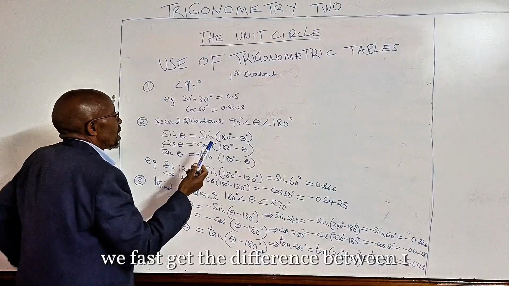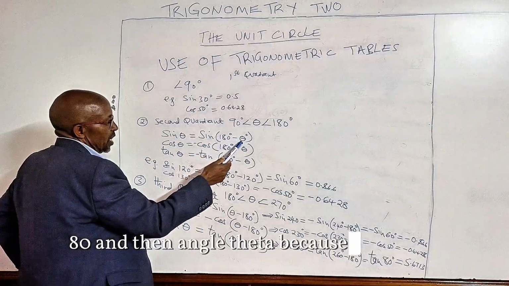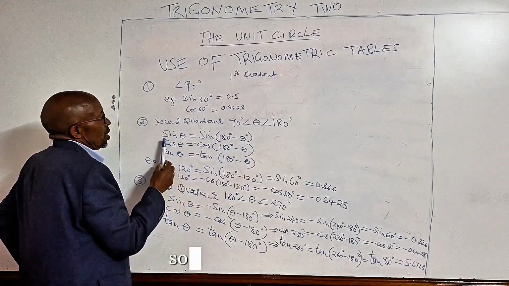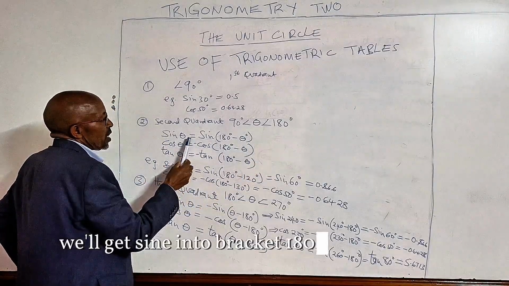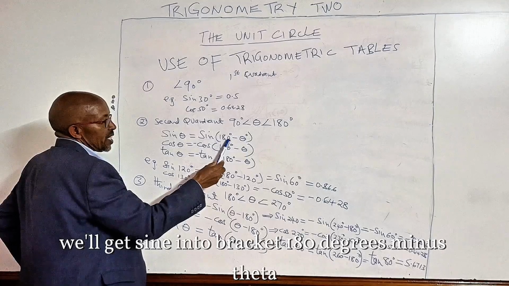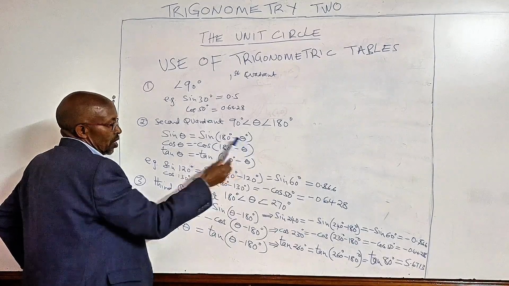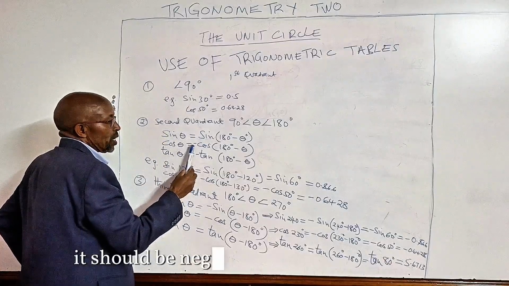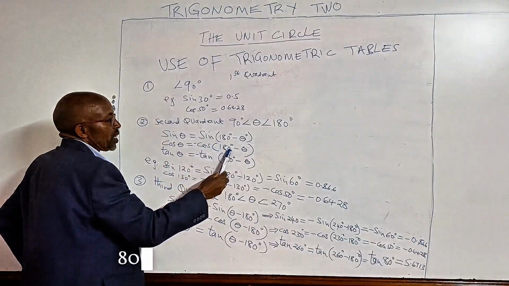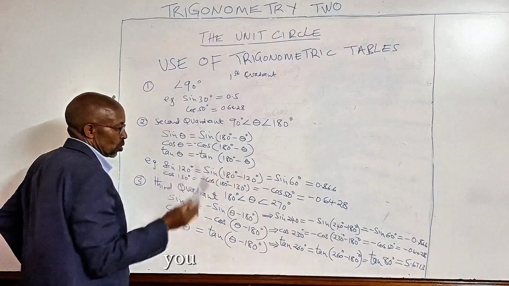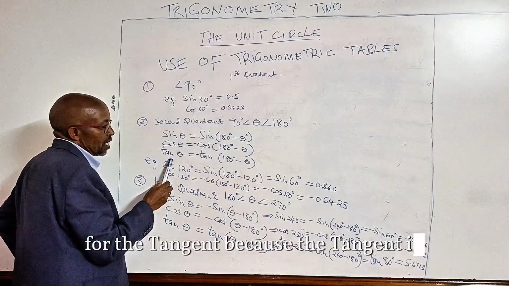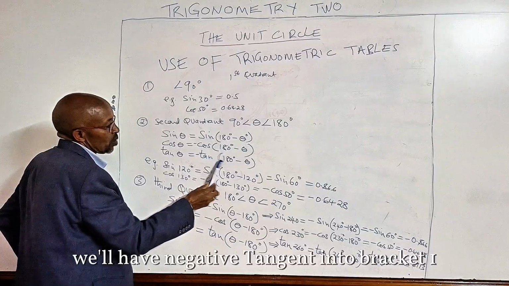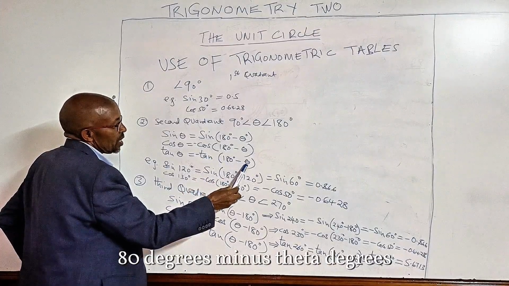the difference between 180 and the angle theta, because this is the maximum. So for the sine theta, we will get sine into bracket 180 degrees minus theta. For the cosine theta, because it is only sine that is positive, it will be negative cosine into bracket 180 degrees minus theta degrees, close the bracket. For the tangent, because still tangent is negative, we will have negative tangent into bracket 180 degrees minus theta degrees,